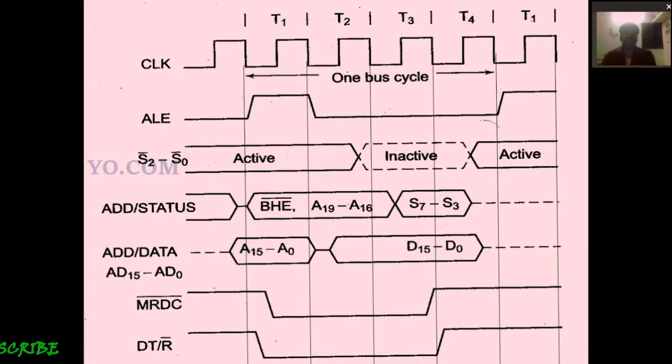So we have to draw the diagram like this. Actually, this is my own diagram, I modified it. The vertical lines are very important. Only then can you draw the diagram in the correct format. The vertical line is very important.